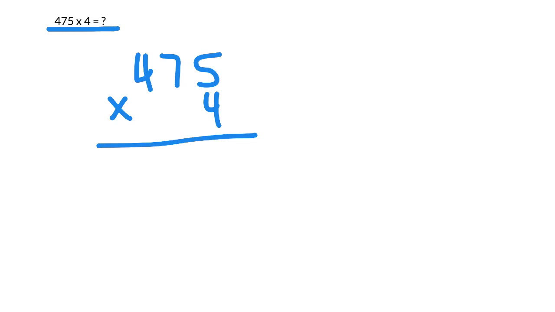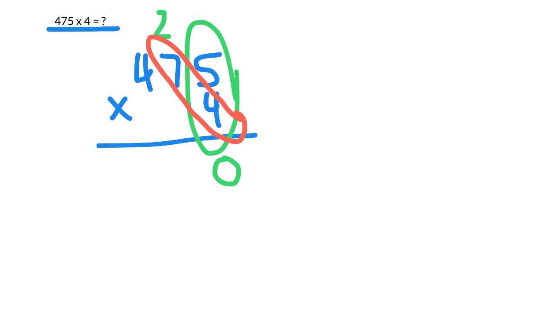So first we will do 5 times 4. 5 times 4 is 20, so I'll put my 0 in the ones place and carry my 2 up to the tens place. Next up, I'm going to do 7 times 4,